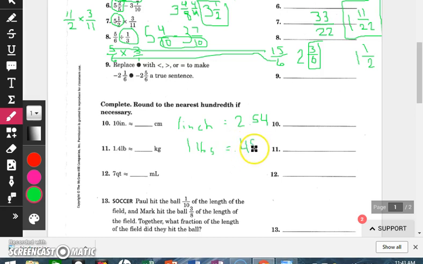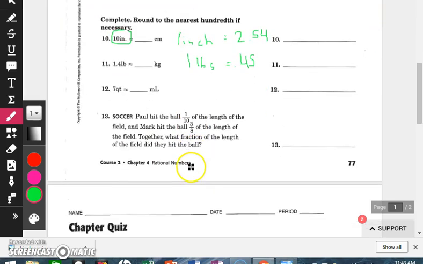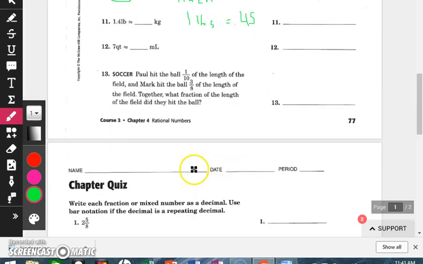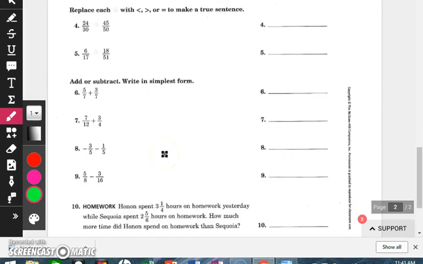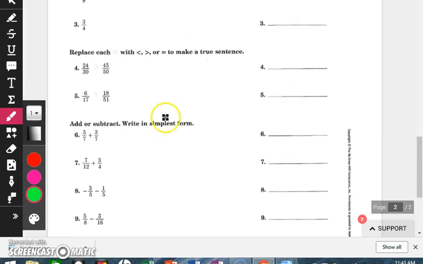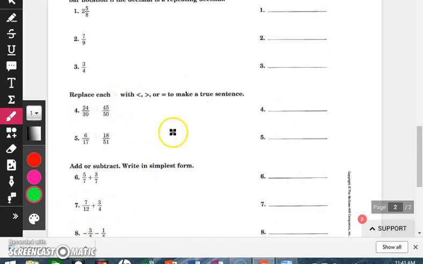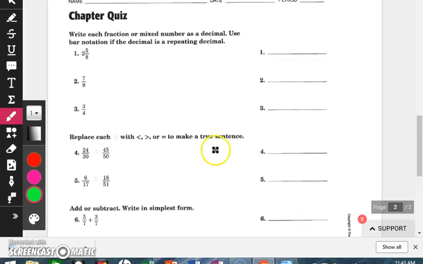One of the things that I usually do is just kind of use repeated addition. So if you have 10 inches, you know that 1 inch is 2.54 centimeters. You could just then multiply 2.54 times 10, and that'll tell you the number of centimeters that is equal to 10 inches. Okay, and with that being said, I think you should not have any difficulties converting mixed numbers into improper fractions or vice versa, adding and subtracting fractions, comparing and contrasting what is greater than or